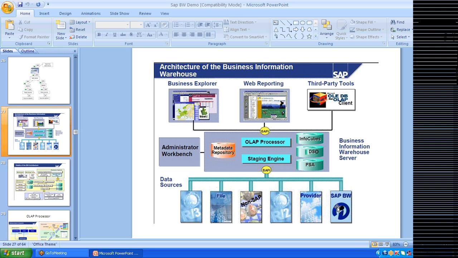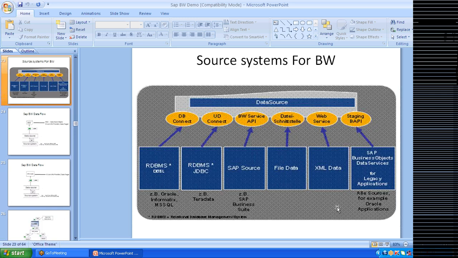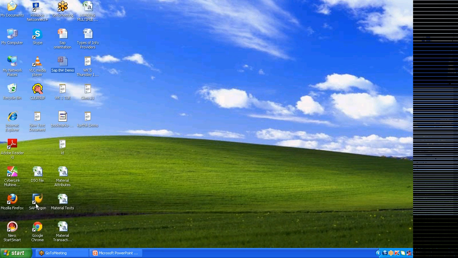Okay, so what you need to understand is that whenever you are connecting to different source systems, there will be certain interfaces. If you are connecting to an SAP system, it will be BW Service API. If you are connecting to XML, it is Web Service. If you are connecting to a Teradata, it is UD Connect. To Oracle, it is DB Connect. We just need to know what the interfaces are. We are not the ones configuring these interfaces; it's the Basis system which configures them. We just have to know that so and so interfaces are there, and using this interface, the system is able to connect. To make it more clear,